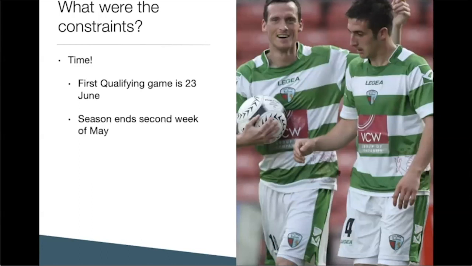Now, the Welsh Premier League season ends in the second week of May. Typically, TNS, being the team that they are, would be in and around the Welsh Cup final, which would occur on that second week of May. The league typically finishes on that first week of May. So either way, there's not a huge amount of wiggle room there. And then obviously, at the end of a long season, the players have usually been in since the beginning of June or end of May. We need to try and give them some sort of pre-season break.